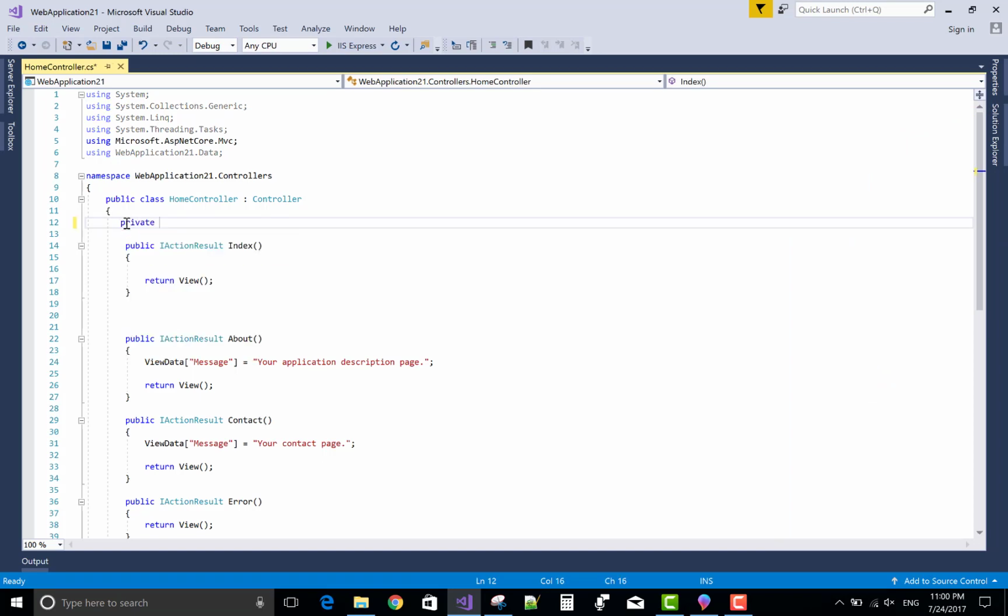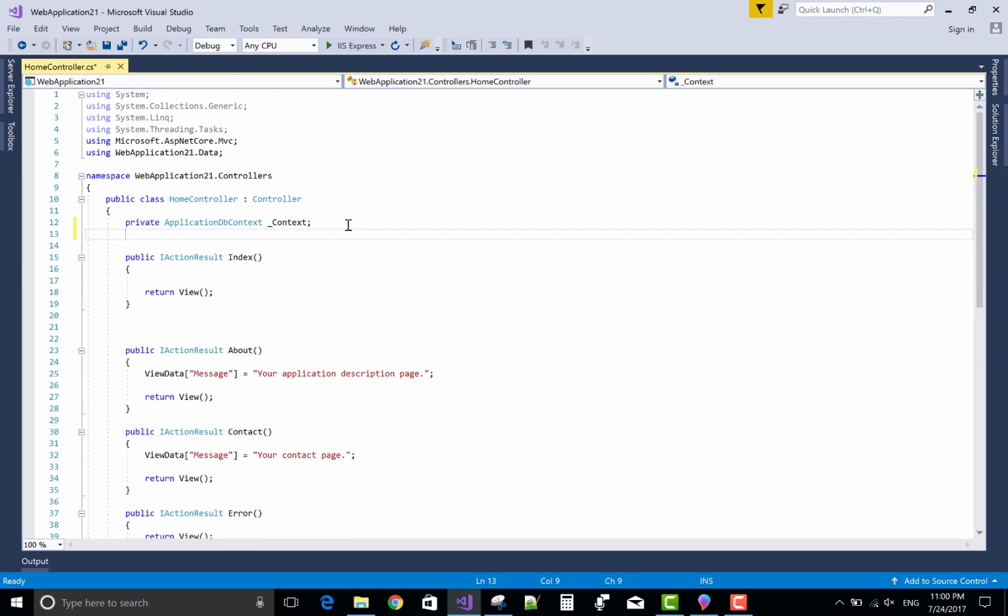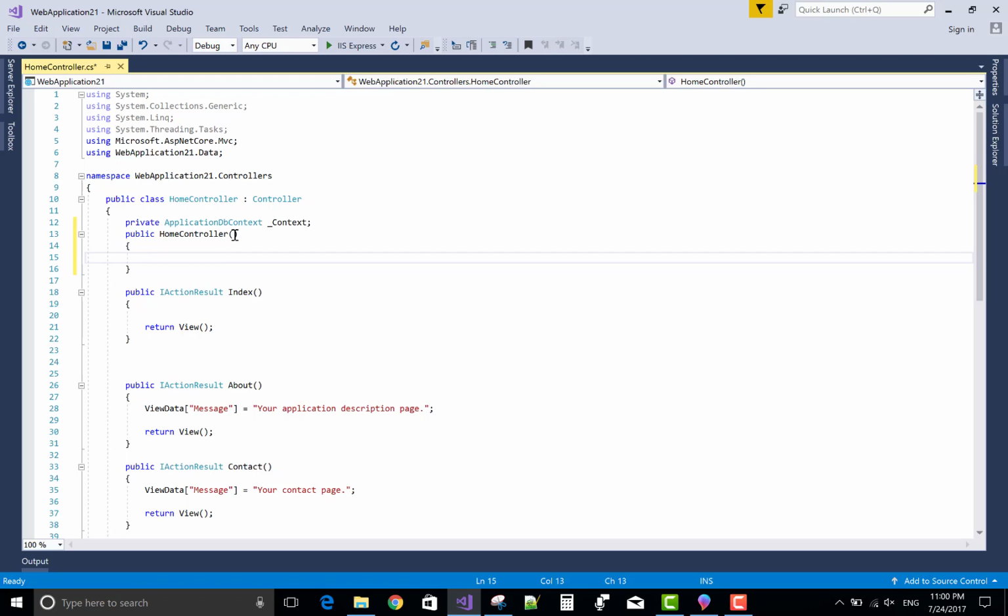When we move to the departments, make a constructor in the home controller and call the application DB context. Initialize an application DB context object.